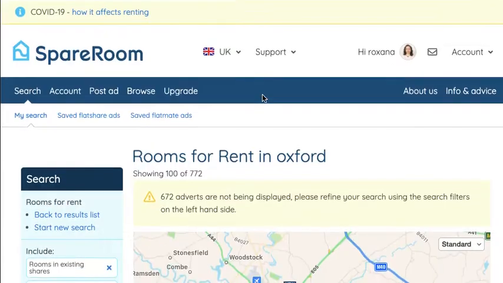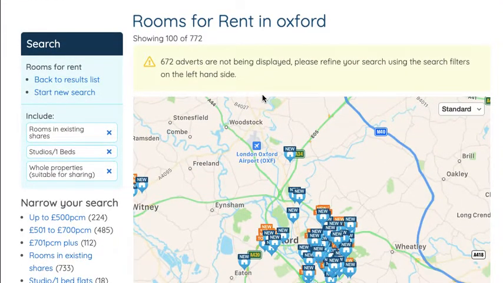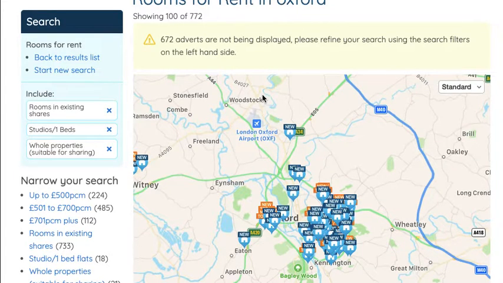Okay? And another thing that I would suggest you do is to pay for the ad. So if you pay for the ad, you're going to be on the top searches, but you need to have the app on your phone, and every now and then you need to renew the ad. I would suggest you do that every 2 hours. If you do that every 2 hours, you're going to get many more requests than if you renew it every 2 or 3 days. So have the app on your phone and renew the ad every 2 or 3 hours,